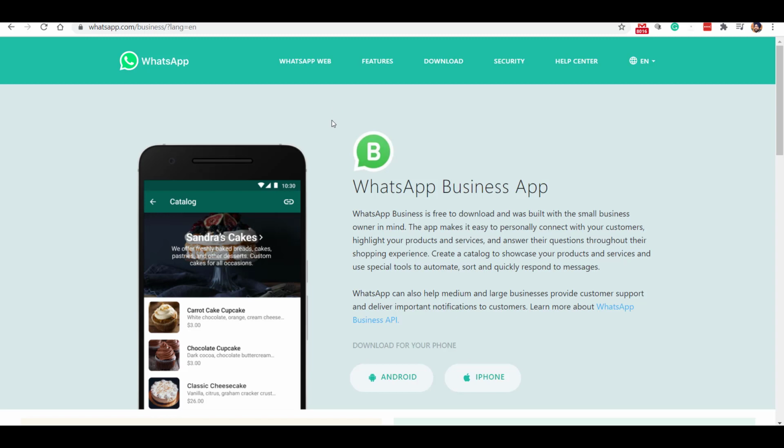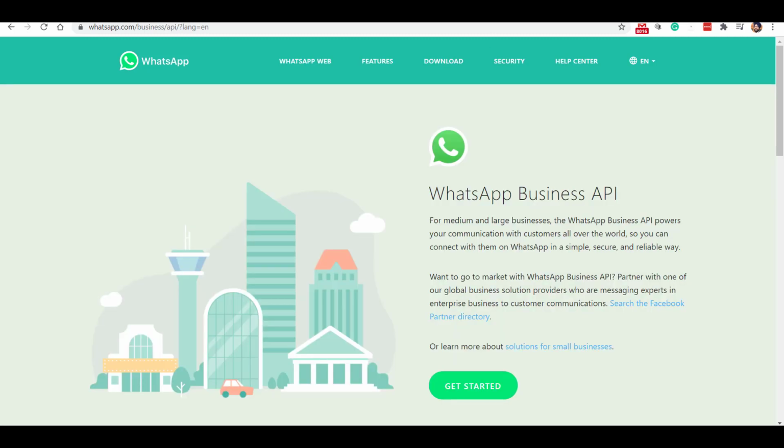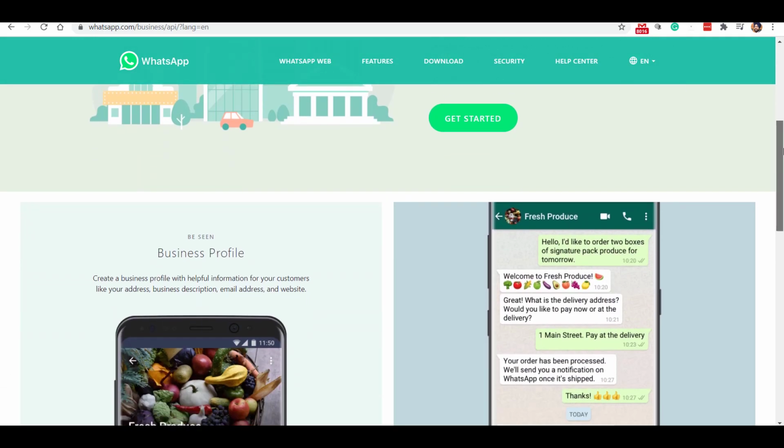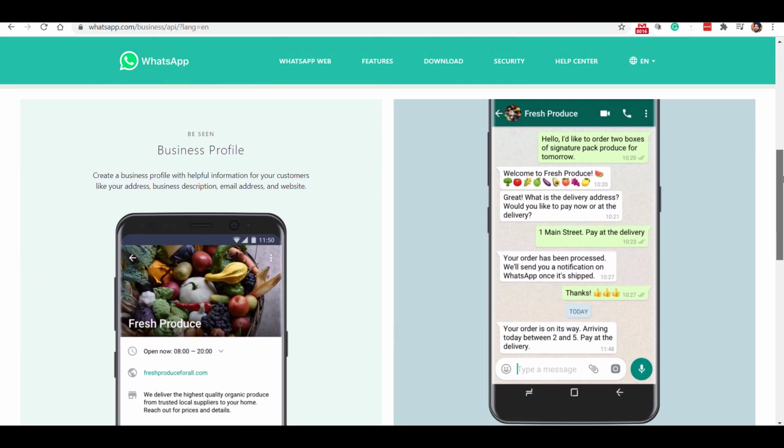WhatsApp can be used by companies throughout the entire customer journey, from marketing at the beginning to consulting, ordering, customer service, loyalty, and advocacy. However, you have to choose between the WhatsApp Business app and WhatsApp Business API, whereas the WhatsApp Business app is free to use and WhatsApp Business API has a cost involved with more features.